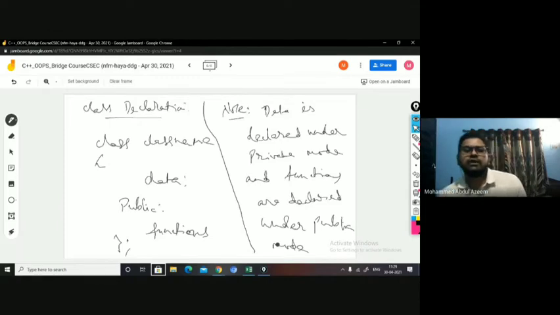See, data hiding is one of the features of the object-oriented programming system. So if you declare data under private, what happens? It will be hidden only inside the class. It will not be visible to the user, right? Objects are visible to the user, right? And functions, if you do not declare them under public mode, what happens? They cannot be accessed through the object. So in order to implement the class, what do you do? You create an instance of the class and then invoke the functions of the same.